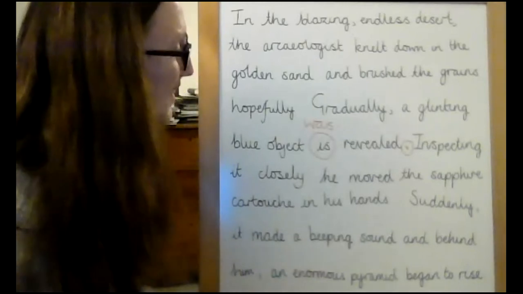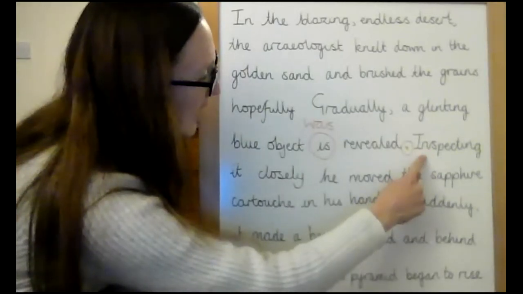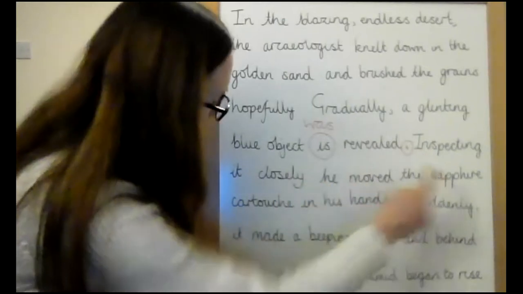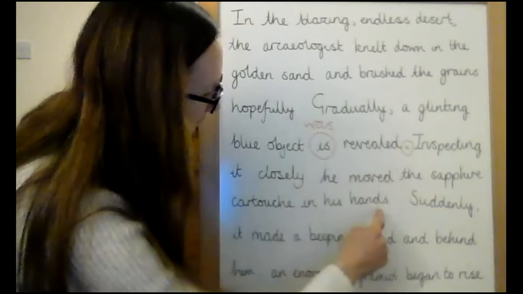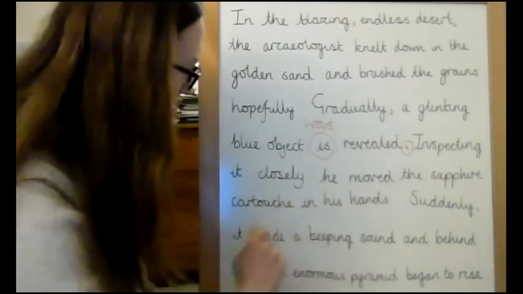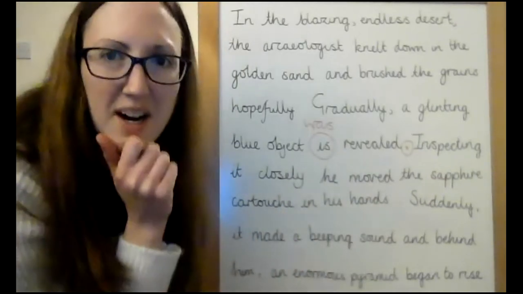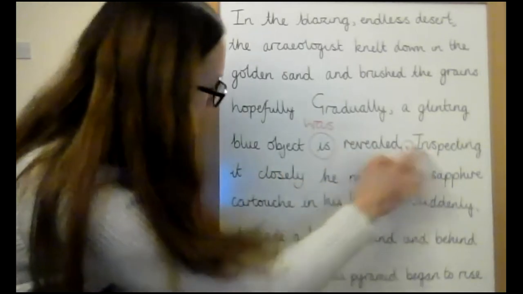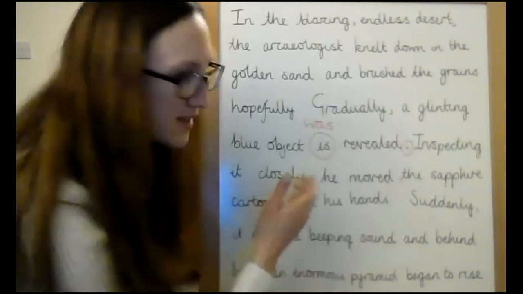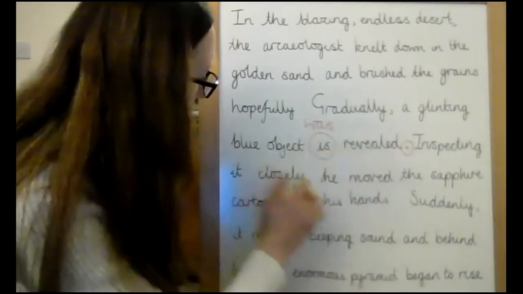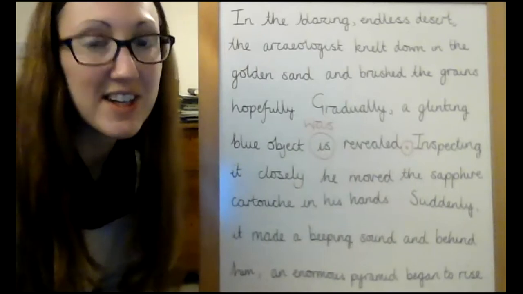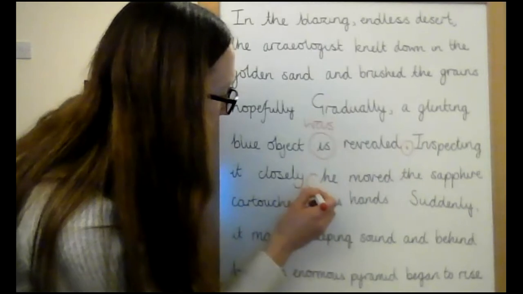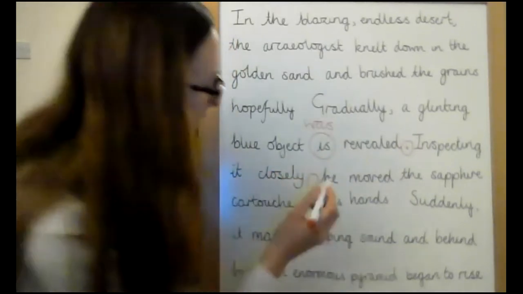That's fantastic. Next up, inspecting it closely, he moved the sapphire cartouche in his hands. Okay, so just going back here, I have a feeling I've used another fronted adverbial, haven't I? Inspecting it closely. So that's the manner that he's doing it in. Inspecting it closely. I think that I need to mark that with a comma because it's a fronted adverbial. So I'm going to circle there. I think that bit's missing. I'm going to place